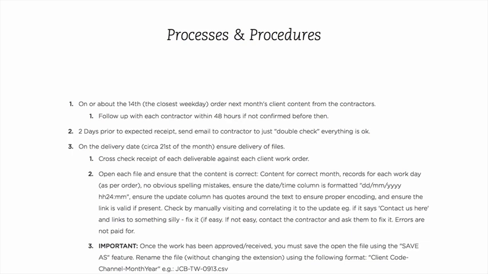So here's the cycle process. First of the month is when we handle billing. That's actually at the bottom of this process document, but let's just start with number one. So on or about the 14th, the closest weekday, I don't work weekends. Generally, I try not to work Fridays, but that's just me. So on about the 14th of the month, so about the second week, what you do is you